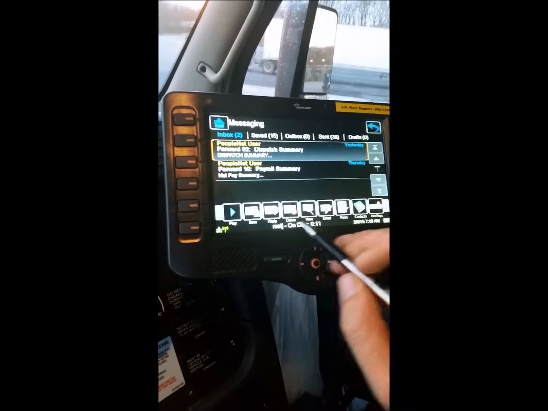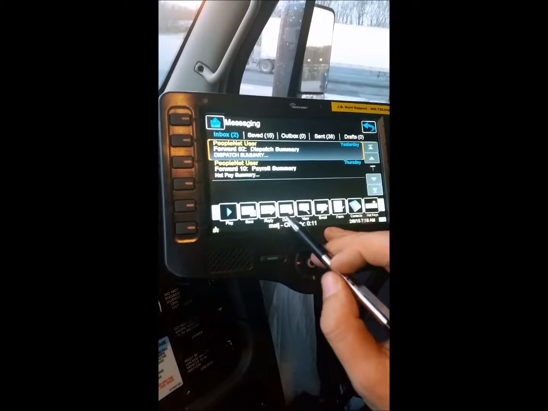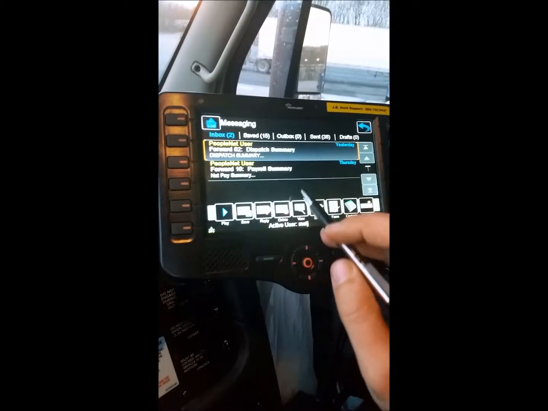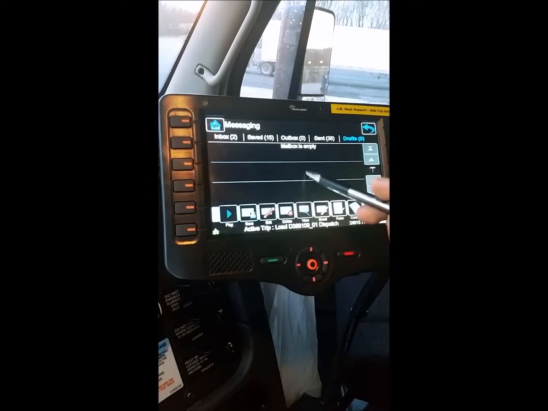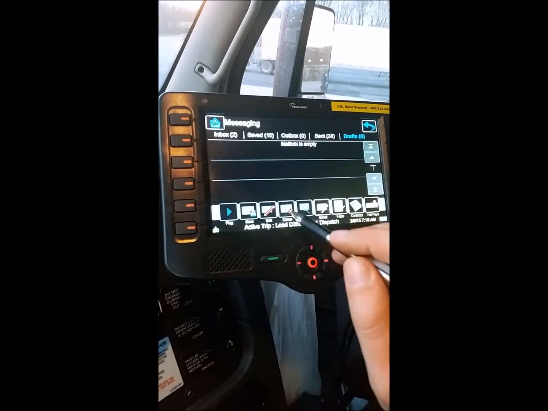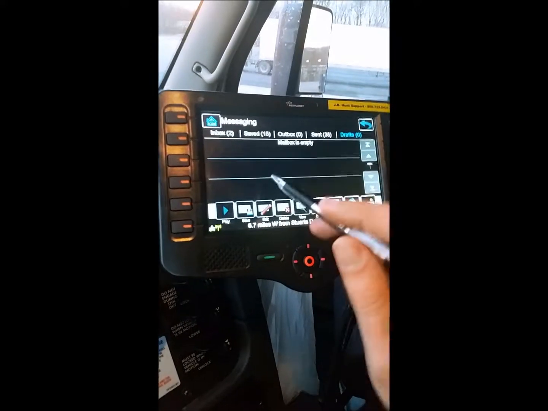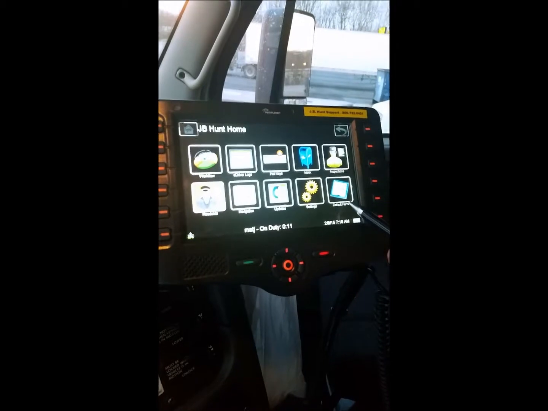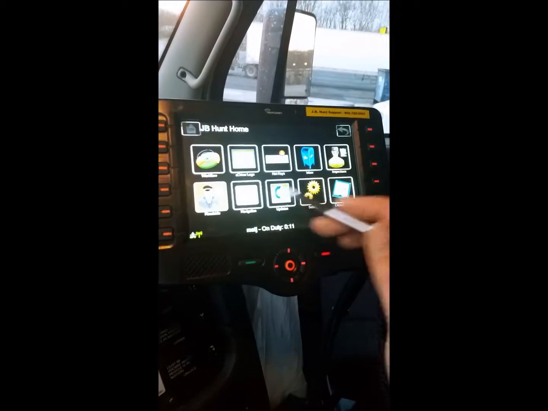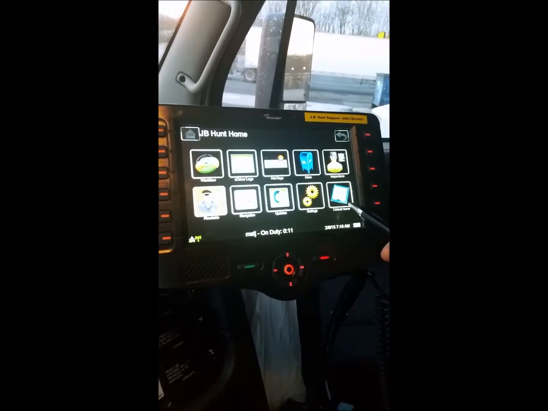To delete a message, you just hit delete. If the delete icon is highlighted, you can delete said message. A lot of times when you come into drafts where you have messages waiting to be filled out, you cannot delete them. They are grayed out. So what you do to get around that is you go to your default home screen. This is my custom home screen. I organize these icons myself. You go to your default home screen,